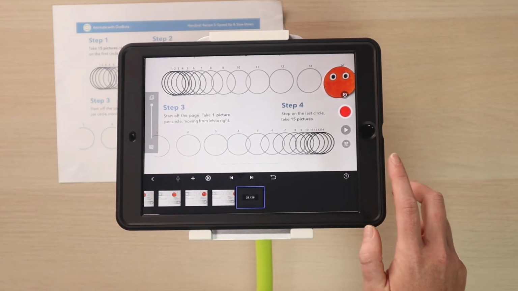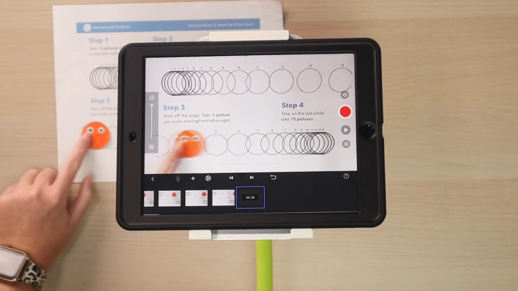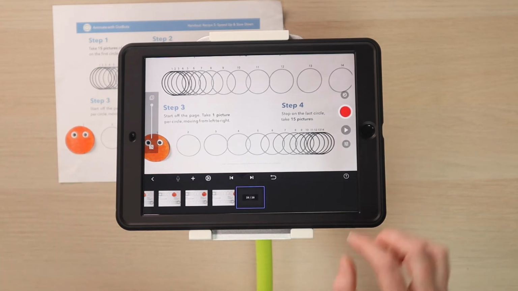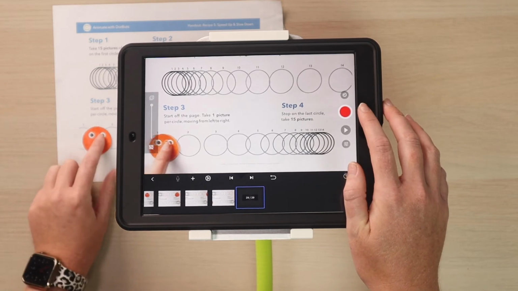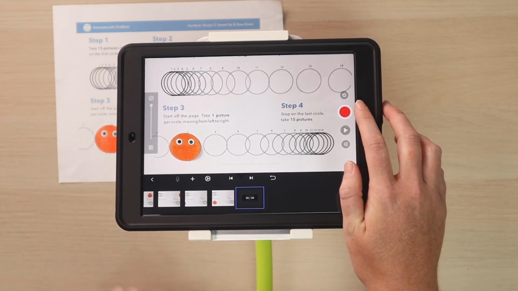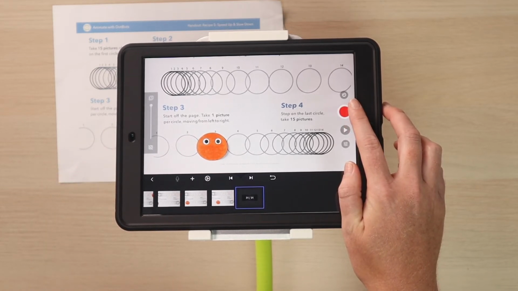Now you're going to place your Dotbot in the half circle below and take a picture in each one until you reach the last circle. Let's go ahead and put him right there in that half circle and take 1 picture. Keep on moving down. Take another picture. And another.